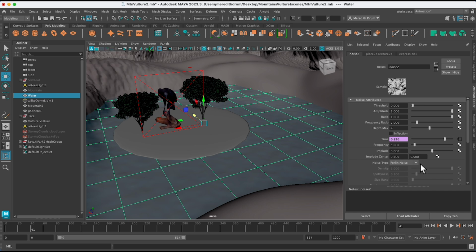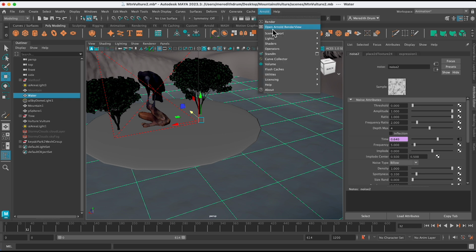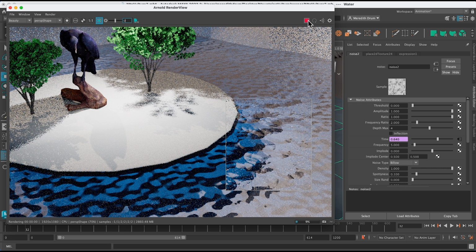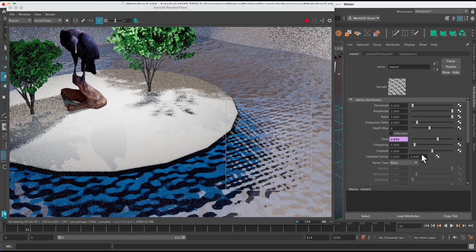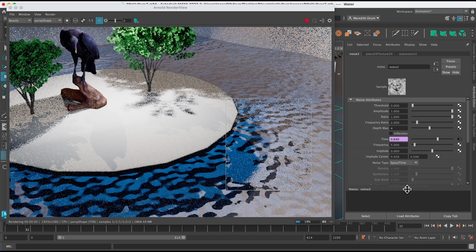It's a Perlin noise. So here I'm just going to change it into something like that, and you might be able to see it better. Let's see if you can see it better. No, you can't really, but you'll see if you render this area that it's very different in the way it looks. So that's the billow wave. It's like that, very unnatural. Wispy's kind of interesting. Let's see what space-time looks like. It's kind of interesting. But let's just go with Perlin noise, which actually looks kind of similar.